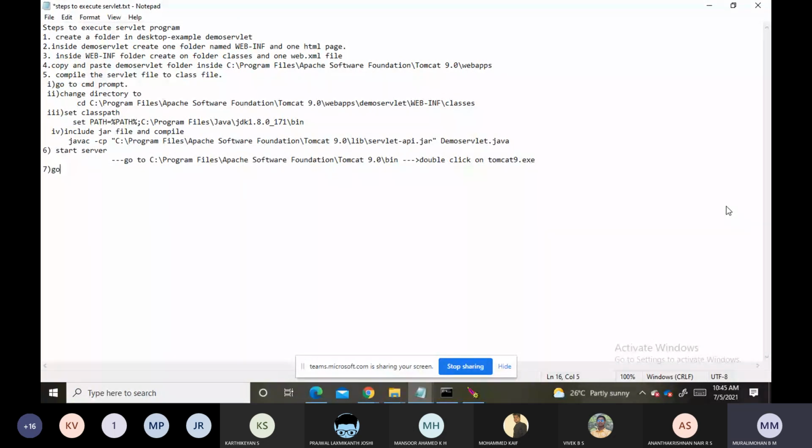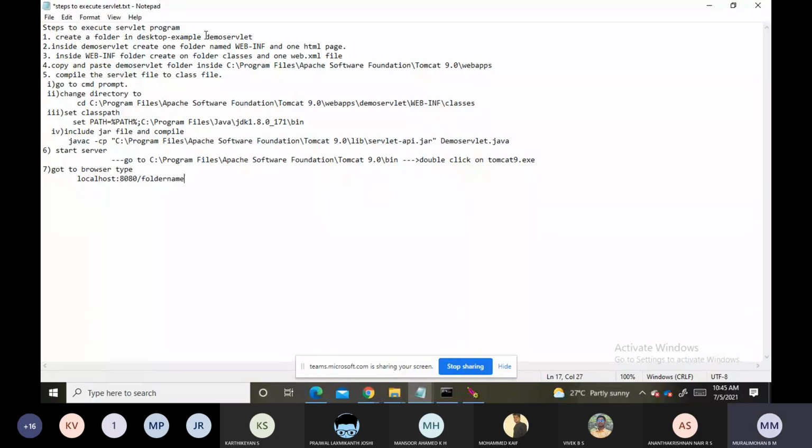Go to the browser and type localhost, the default port number is 8080, then forward slash and your folder name that is created inside the webapps folder.